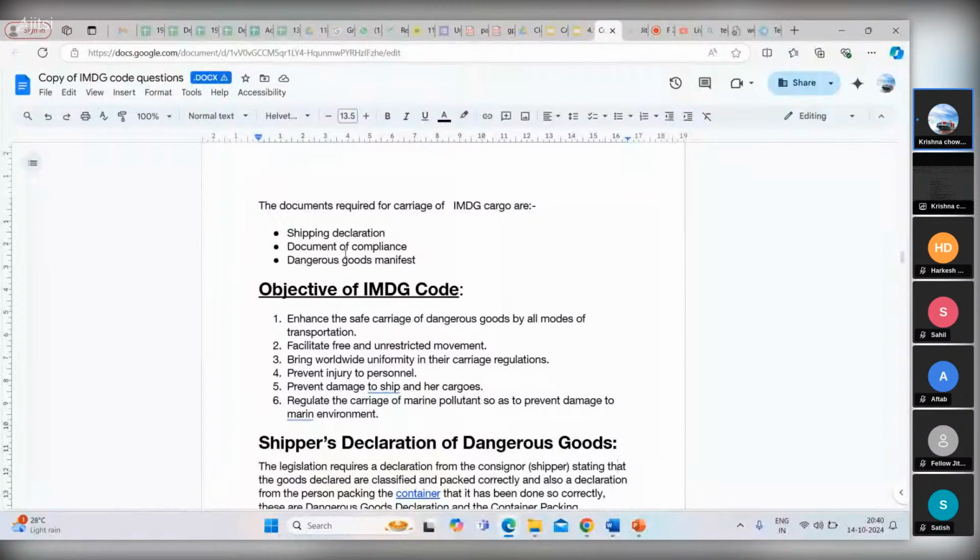So tomorrow we will do what is the shipper declaration, DOC, dangerous goods manifest, and the other part, what is the UN list and all. So any questions till now for today,